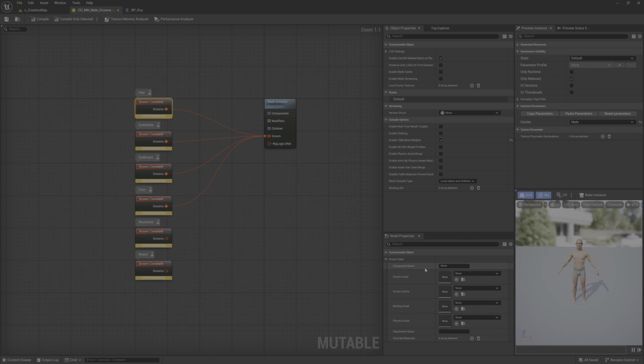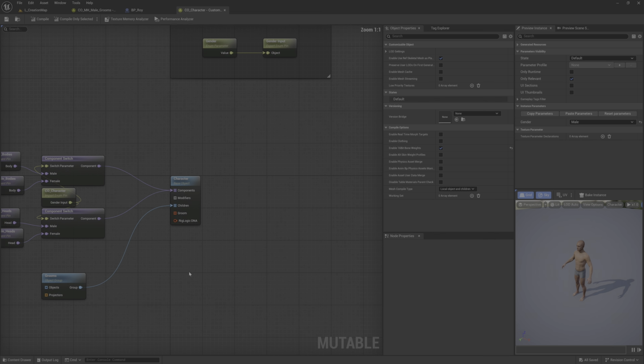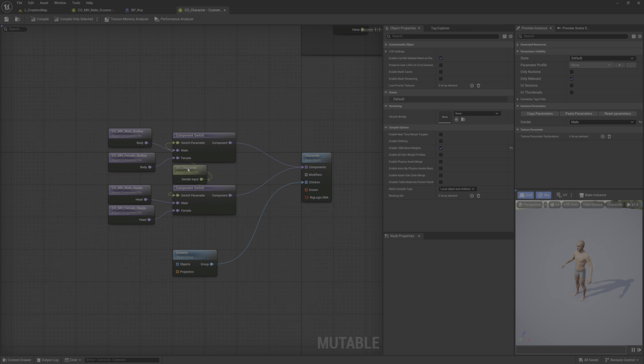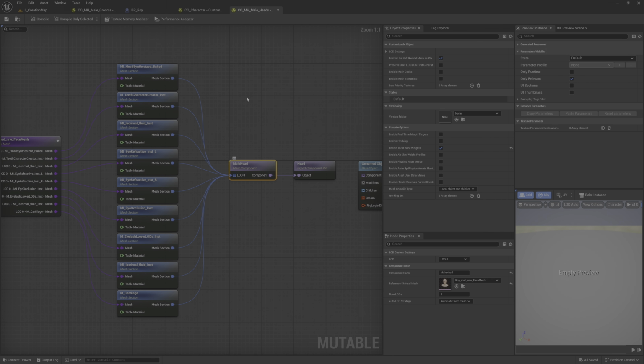The component name of the groom is the one that, if we have a component name here, you will have, if you remember correctly, here.